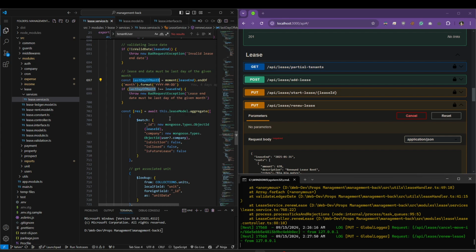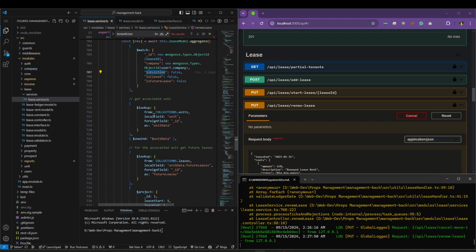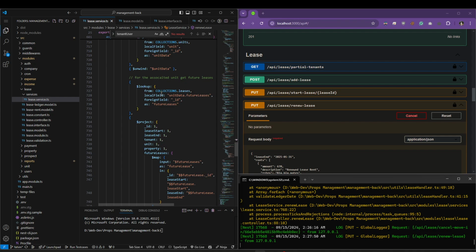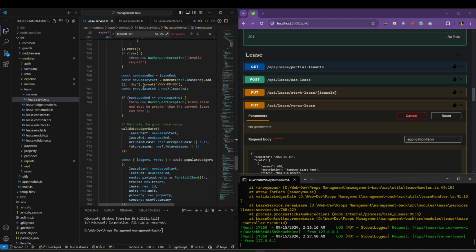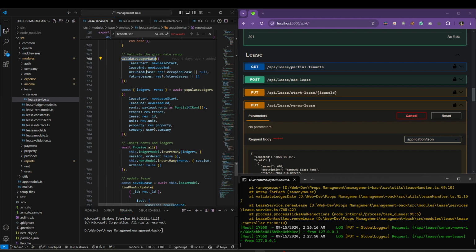Basically it checks the validations going on, such as whether the lease is evicted or closed. We cannot extend a lease that is in the future, we cannot extend a lease that is in the past, and we cannot extend a lease that has already been sacked. For now I haven't added any functionalities, but in future I will, so that's why I have added this property. And now I have some small validations going on, basically checking everything, validating the ledger date